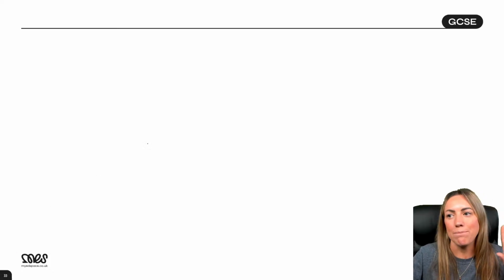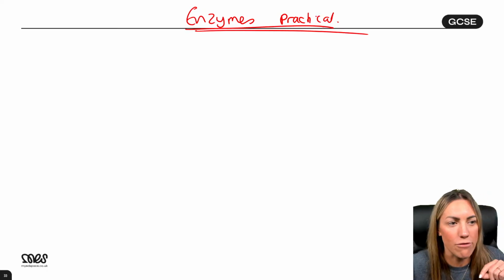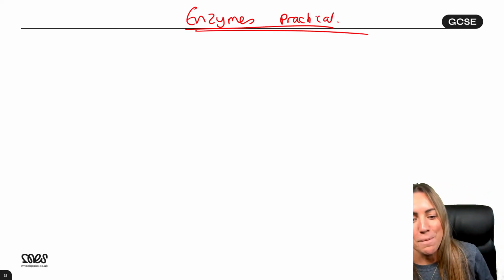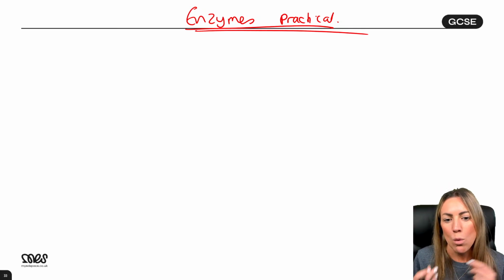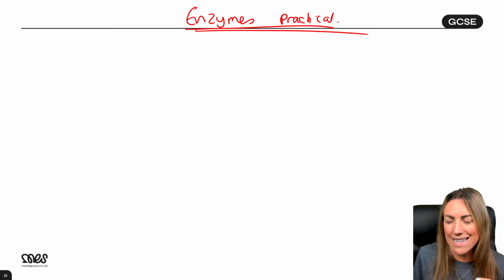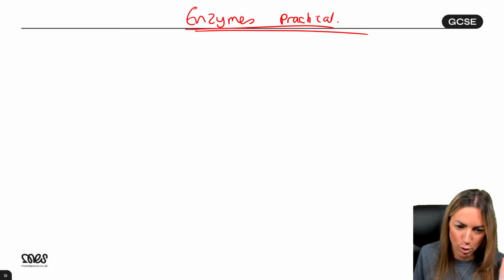Okay, right, I've left this blank because I want to just talk to you about an enzymes practical. I just have a little feeling. Might be totally wrong. It's not a prediction. We've talked about mitosis, we talked about a microscope practical, which was one of my ideas. We've done a little bit on the osmosis practical, which was another one that comes up a lot. But enzyme practical, I've left the slide blank, so just grab a piece of paper or whatever.